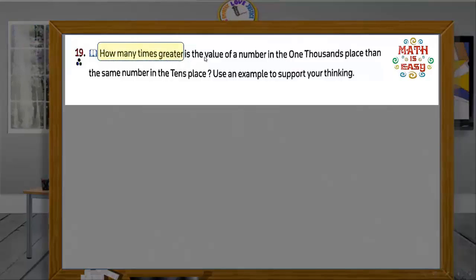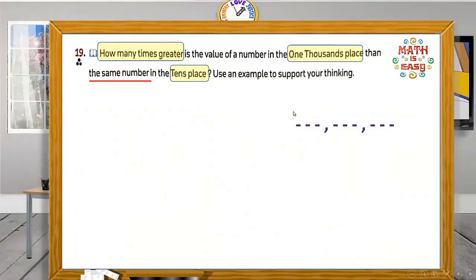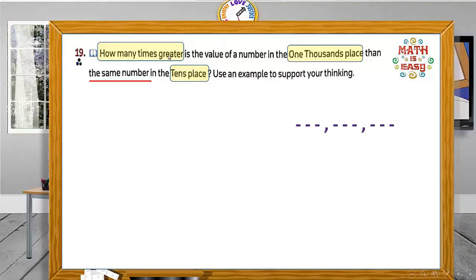How many times greater is the value of a number in the 1000th place than the same number in the 10th place? You can write any number you like. If I have places like this: ones, tens, hundreds, thousands, 10,000s, 100,000s, and so on. He tells you here how many times greater the 10th place, the small place, and the 10th place. If I stand here in the 10th place, and you move